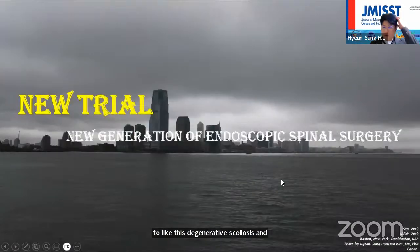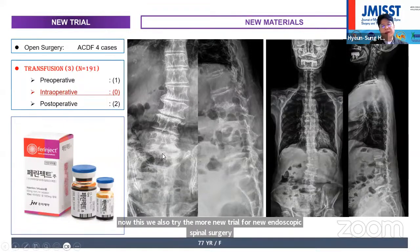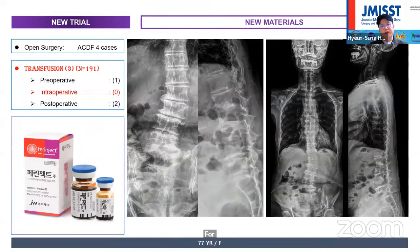And nowadays we also try new trials for endoscopic spinal surgery. For example, fortunately, using endoscopic spinal surgery can decrease the blood loss. Because of that, during the last 1 year in my clinic, of 190 cases of endoscopic lumbar interbody fusion, we have